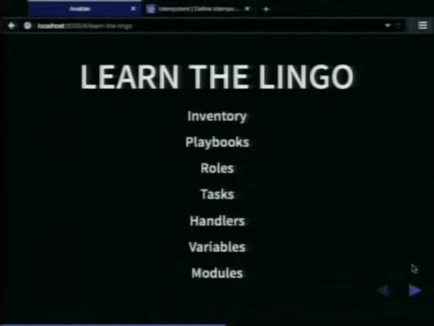The last one is modules. And this is where the real power lies with tasks. Tasks leverage modules in order to get work done. What does that mean? Tasks use little programs, you could think of them, in the module to get something done. Maybe it's something as simple as print out a message on the screen. You use a module to print that message. And we'll see an example of this later on.